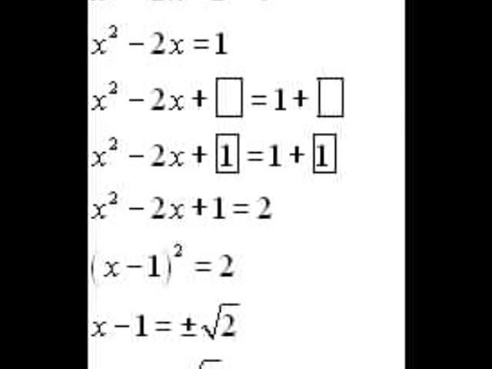Here's an example of completing the square. In the equation x squared minus 2x minus 1 equals 0, first, you must add 1 to both sides of the equation. Then you divide negative 2 by 2 and square it to get 1. Add this 1 to both sides. Then factor the left side of the equation to get x minus 1 squared. Take the square root of both sides of the equation, and your answers will be 1 plus radical 2 and